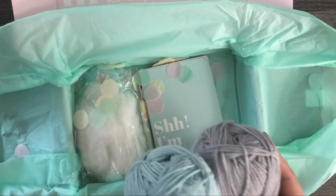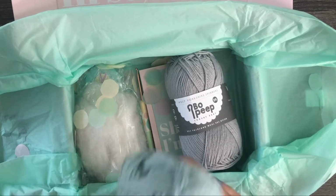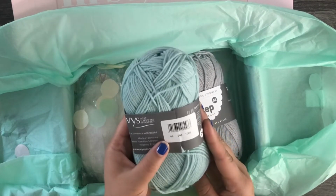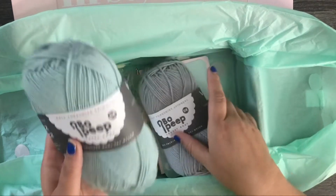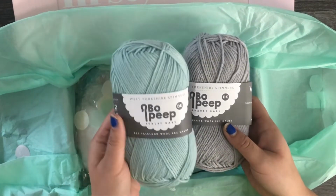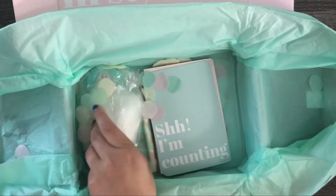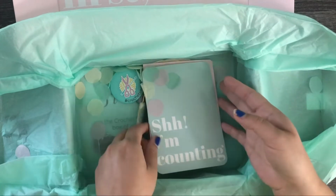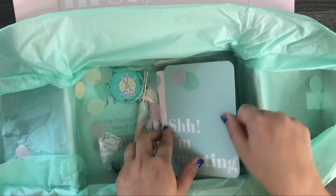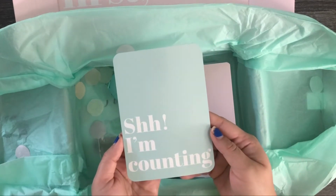This is in, let's see if it says the color. It might just be a color code. I don't see an actual color name on here, but a beautiful kind of greenish blue and this beautiful gray. Here we have a little bit of polyfill, it looks like, for probably the bear. Let's see. A very cute little card here that says, "Shh, I'm counting," which I love, which is so funny